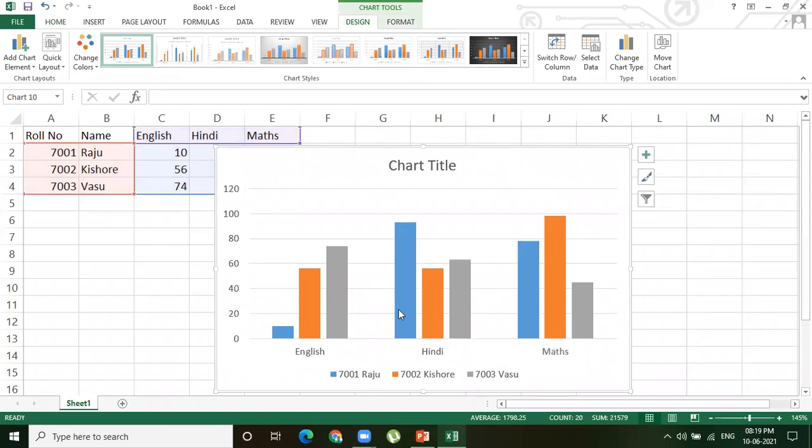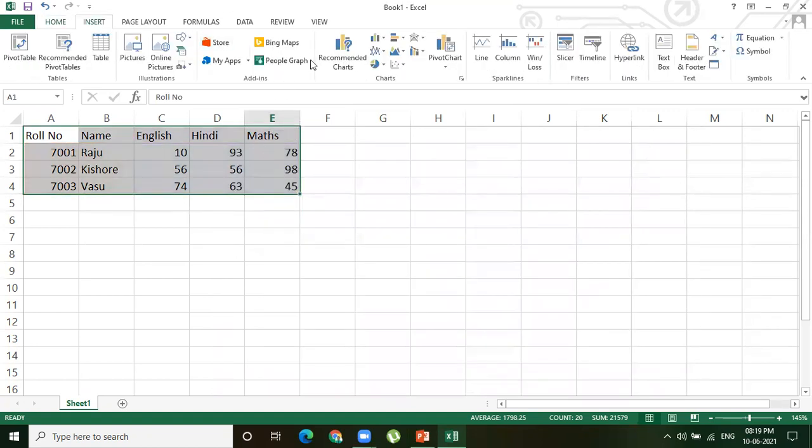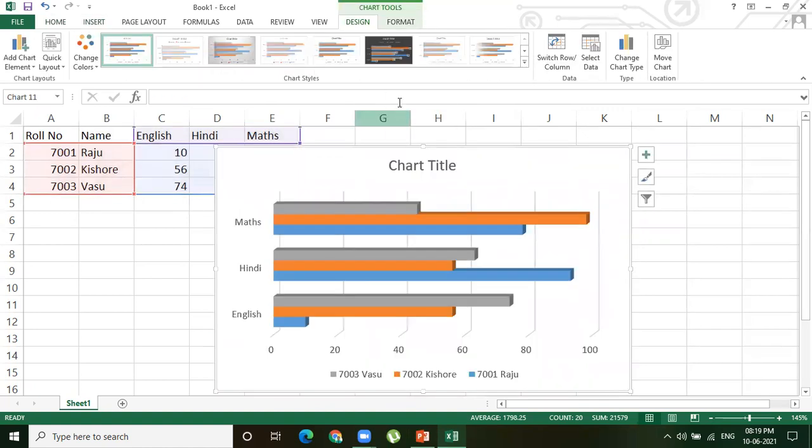We know that. So data series represents vertically and the categories represents on x-axis and the values represent on y-axis. Next, I'm going to insert bar chart. So you see bar chart. So in bar charts, the data series represents horizontally and the categories represents on y-axis and values represents on x-axis. It is quite opposite to column chart.